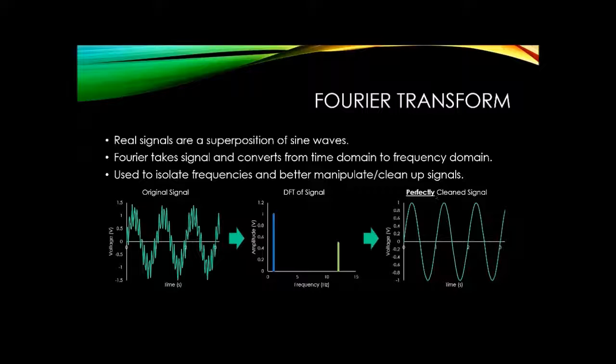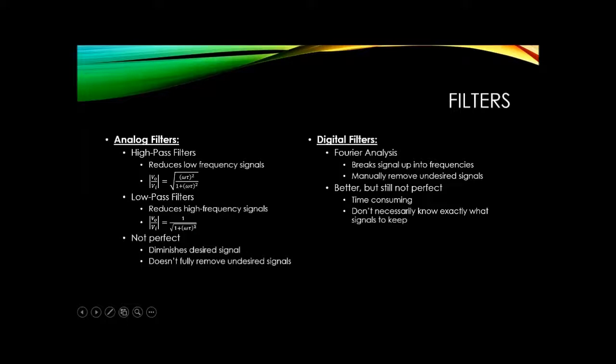Now this is an ideal situation where you can actually do that for the whole signal. That's a little bit harder to handle, so sometimes we use analog filters instead, which is a circuit involving a resistor and a capacitor. And you can use that to construct things like high-pass filters or low-pass filters, which follow these equations. High-pass basically means it allows the high signals to pass, and then low-pass allows the low signals to pass, and it starts to cut into the other end of the